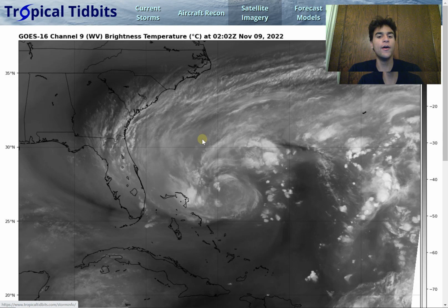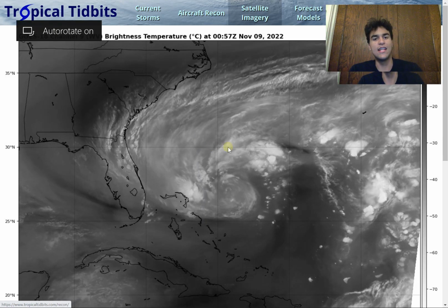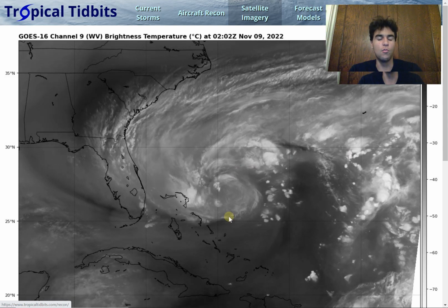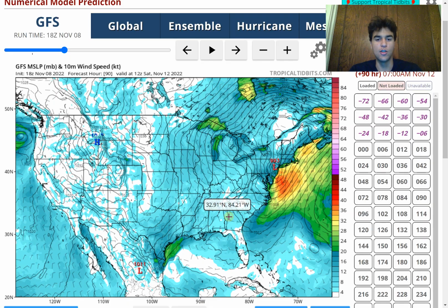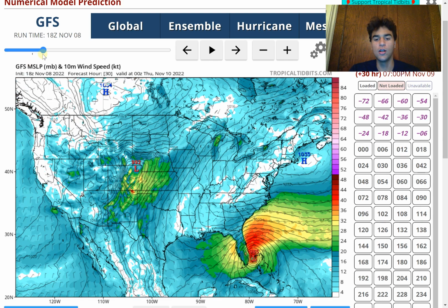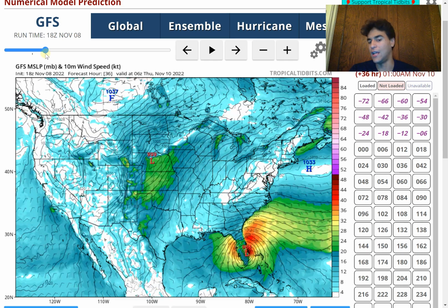Now, taking a look at what the computer models are stating at this time, of course, it's pretty much inevitable at this point. We're going to see a landfall somewhere around Florida at this time. So taking a look at the computer models, we do see that the GFS model forecasted this storm to be at 992 millibars at this point. However, the storm is at 984 millibars, so it's strengthening a little bit more rapidly than anticipated, which is a concern, where we could potentially see a stronger storm make landfall than initially